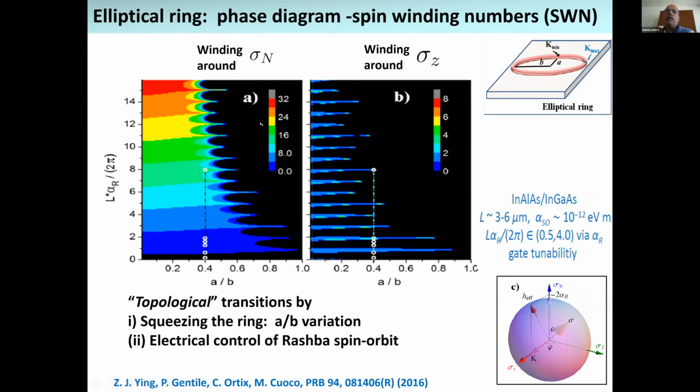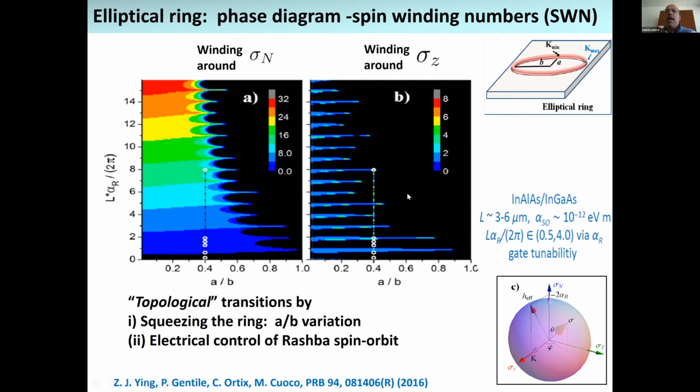One is the black region where the spin is not winding around the normal, the z direction, the out-of-plane direction, and there is another region, in color, where your spin is winding a lot, a number of times, which is given here in the color map. Basically your textures have a sort of topological behavior, meaning that you can assign a winding number for each spin texture, and this winding number changes when you increase the spin-orbit coupling. Or you can also travel horizontally by fixing the spin-orbit coupling. You can change the shape, and you will go from no winding to winding